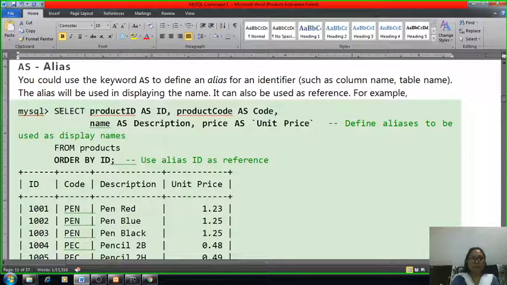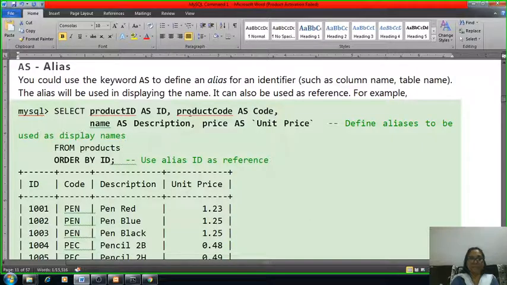So alias means: select product ID as ID, means we are renaming that particular attribute name. Product ID is the previous name, and we are giving the duplicate name ID to it. Sometimes you want to rename particular column names, but we don't want to change your final table, that is where we use the alias. Because of the alias, temporarily we can refer to a table with other names; the column attribute names remain the same, but we use that particular column with other names, and that is called the alias.